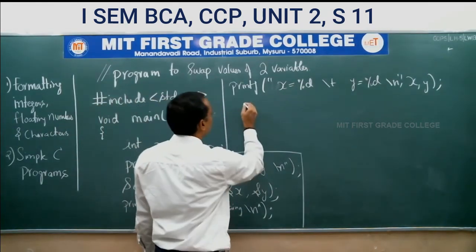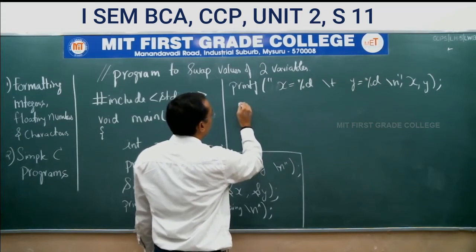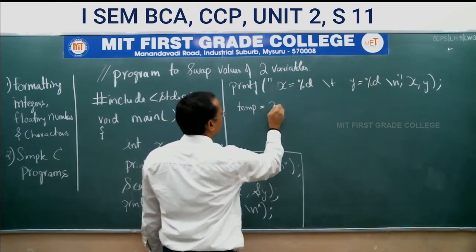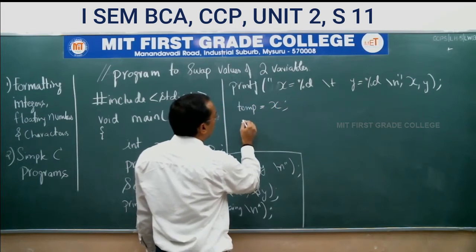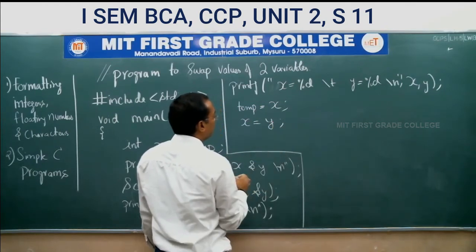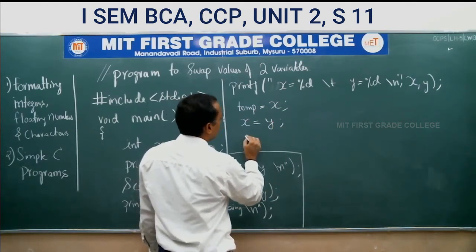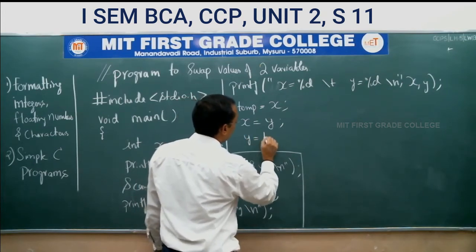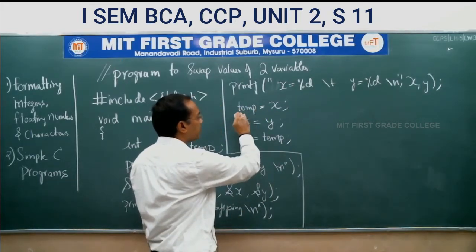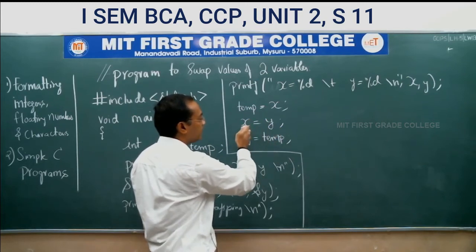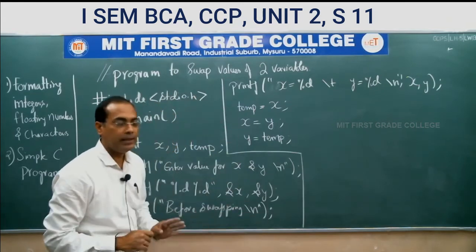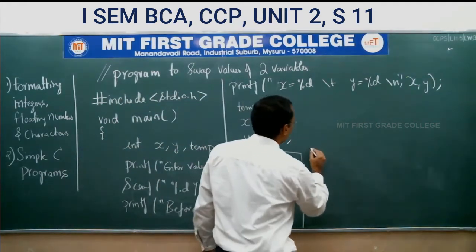Let's now write the instructions to do the swapping. So what did we do first? First we took an extra glass and poured it with Pepsi, that is X. And then that Pepsi glass we replaced when we poured the Fanta content. Then whatever is there in the Y, we put it in. So the X value will be assigned to temp, then contents of Y will be copied to X, and then contents of temp will be copied to Y. So this is very easy now after we learned that.